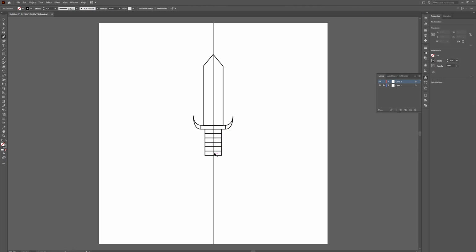Now press P on your keyboard, click on this anchor point and this anchor point and make a nice round circle like this. Select both and click divide. Select the bottom part and hit delete. Now again with the ellipse tool,